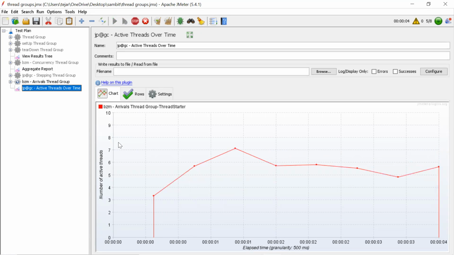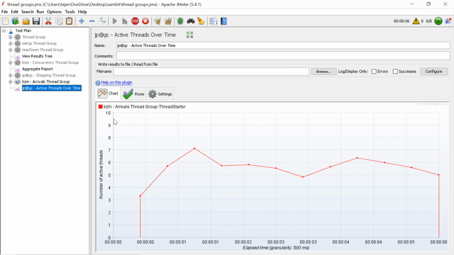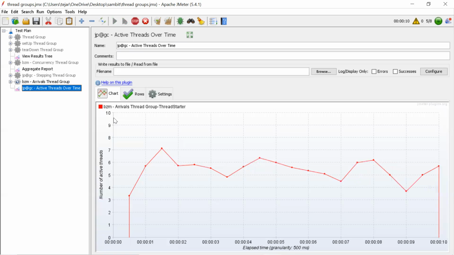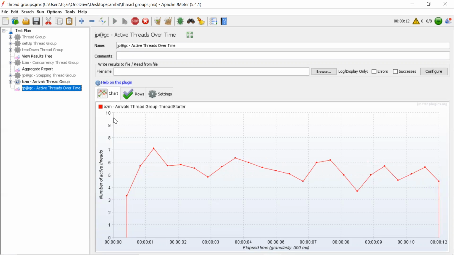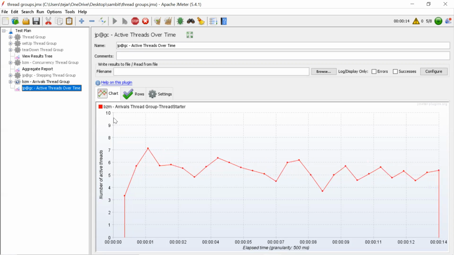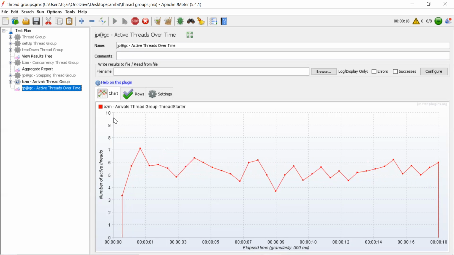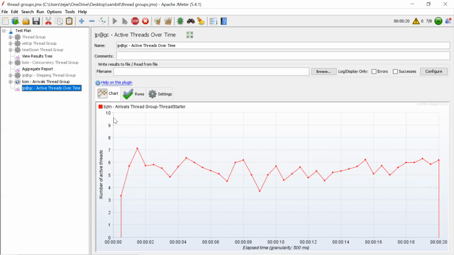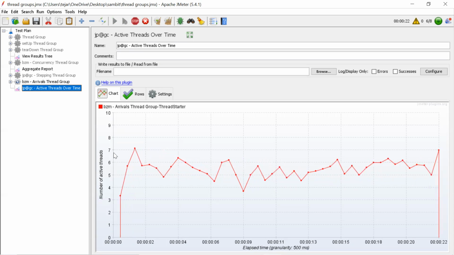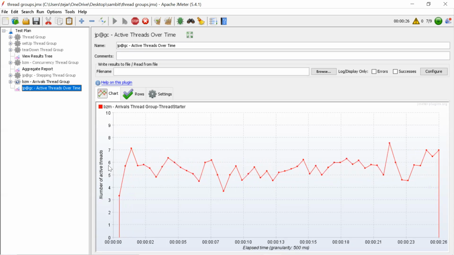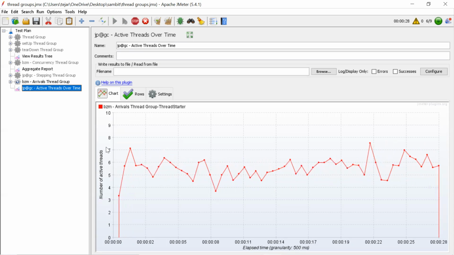So here see, it is having threads. So it's maintaining 7 and 8 users only here, from the user point of view.